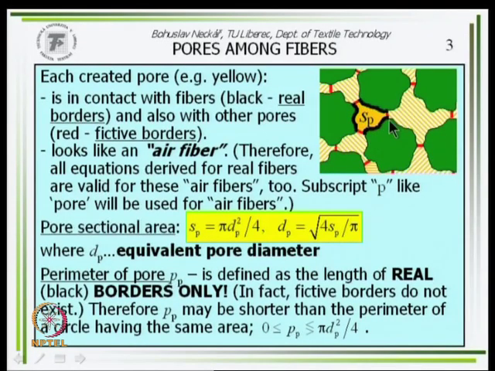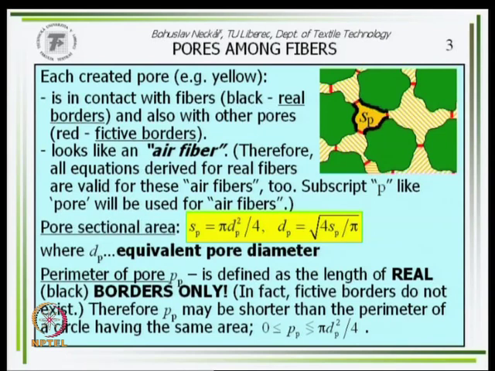Black is real borders, red is fictive borders. The cross-sectional area of this pore is SP, which is pi dp squared by 4, where dp is the equivalent pore diameter. You know this equation from fibers. It was equivalent fiber diameter. Now it is equivalent pore diameter. Well,